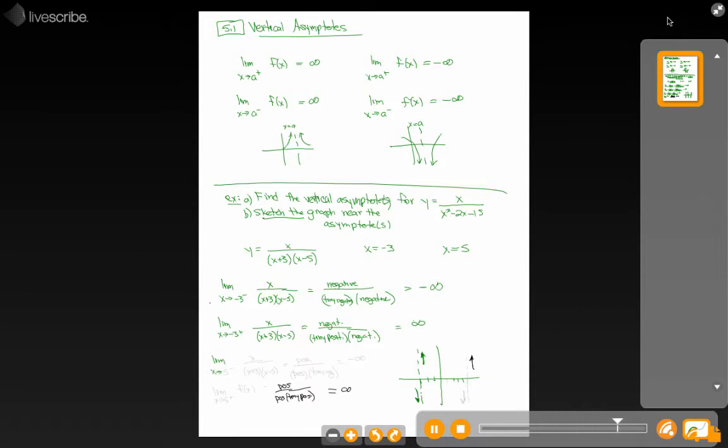So if you do the same thing as x approaches 5 from the left, you're going to have a positive number over a positive number times a tiny negative number, because if you approach from the left, you get 4.99999 minus 5, a tiny negative number, and so you again approach negative infinity. So if I go 1, 2, 3, 4, 5 over here, it turns out I do have a vertical asymptote, and I'm approaching negative infinity on that side of it. The final piece of this puzzle, as x approaches 5 from the right, this function is going to give